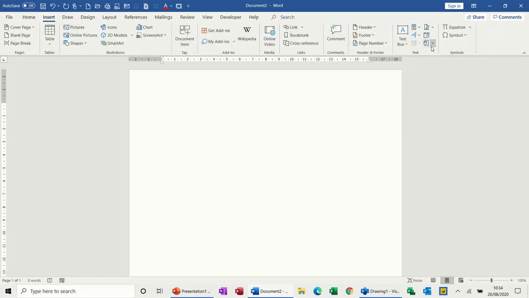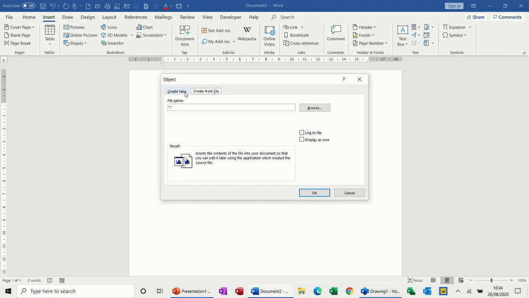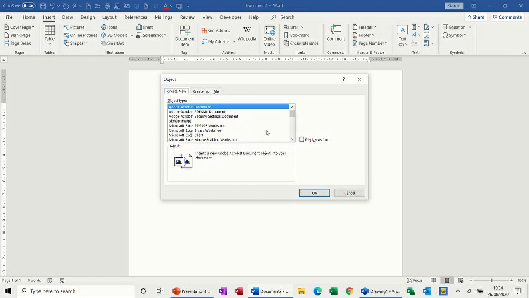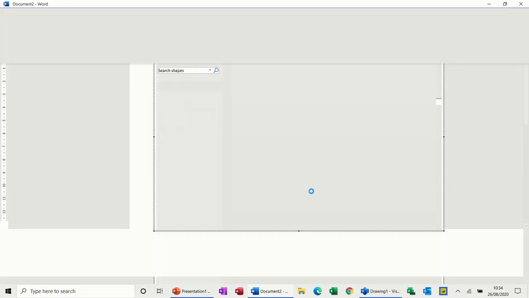Another way of doing that, a better way I think, is you can go Insert Object, which is over here, Object, and then if you've got Visio already created you can search for it, or if it's going to be a blank one you just scroll down for it, which is what I'm going to do. Visio Drawing, that one. If you've got an older version, that one. Okay, and then it will embed a Visio diagram